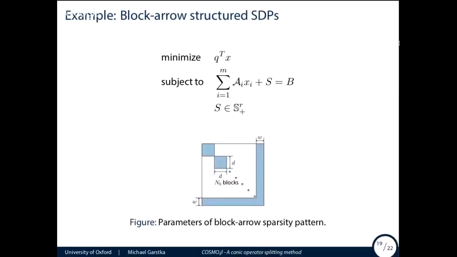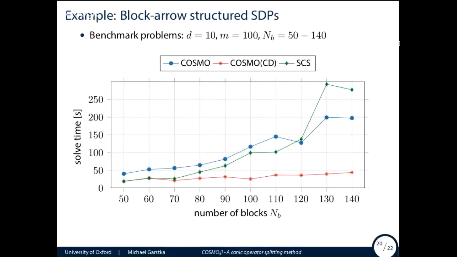And you can obviously also do this with very large problems. So I did a benchmark where my variable S has this kind of structure here. So you have non-zero blocks along the diagonal. And in this case, they are 10 by 10. And I just solved this problem for a number of increasing blocks. So I believe from 50 blocks to 140 blocks. So this would be something like a constraint about 500 times 500, and then on the other side about 1,400